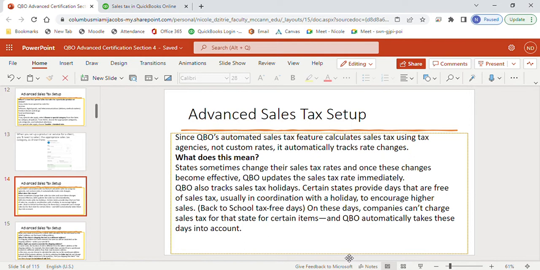effective of that date. QBO also tracks sales tax holidays, so certain states provide days that are free of sales tax, usually in accordance with a holiday, to encourage higher sales. An example would be back to school tax-free days. We have that out here in the Northeast sometimes, and this way parents get to save on school supplies, uniforms, etc. On these days, companies would not charge sales tax for that state for certain items, and QBO automatically takes